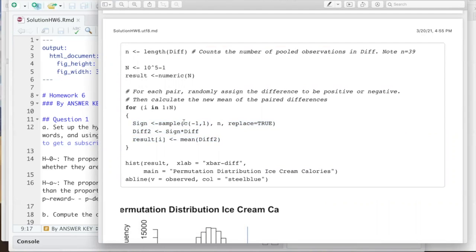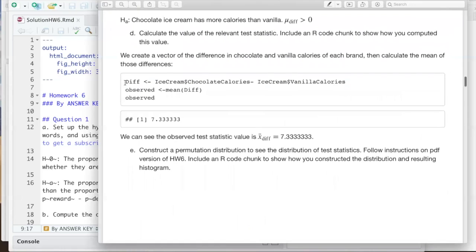So what's happening is each time I go through this loop, it's going to pick either +1 or -1 n times. So n here was the number of observations in our sample, which was 39. So we're going to pick 39 plus or minus signs. We're going to multiply those signs by the vector diff. This vector diff contains all of these matched pair differences. So it's going to be the difference in chocolate and vanilla for brand 1. Then the next entry would be the difference between the chocolate calories and vanilla calories for brand 2. So this diff is a vector